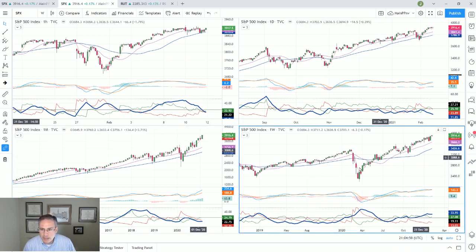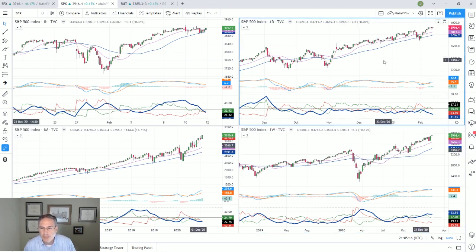Weekly continues to be in control on the S&P chart. Good momentum conditions based on the MACD and the ADX. And again, 18 is above the 40, both lines rising, and they look almost parallel still. We're not really that far away from the 18 week, so I would consider that to be pretty good shape.